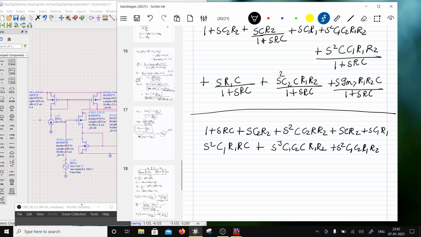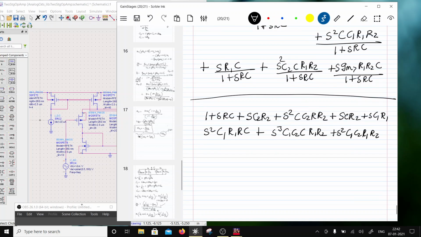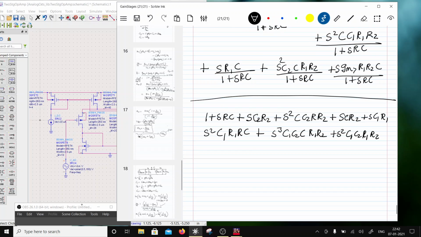Okay, so this multiplication is these two, right, and then this is going to be repeated as is, plus, so let me write it there,